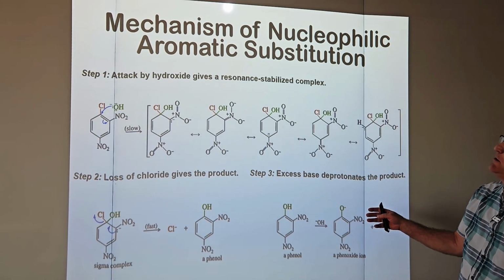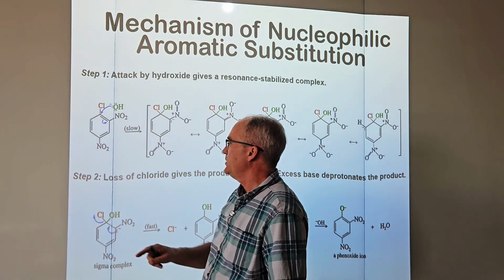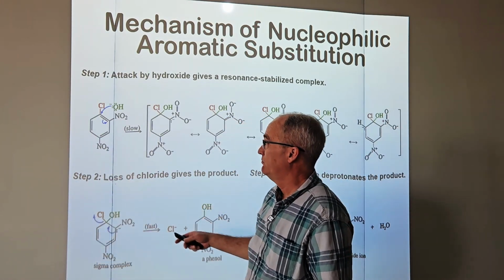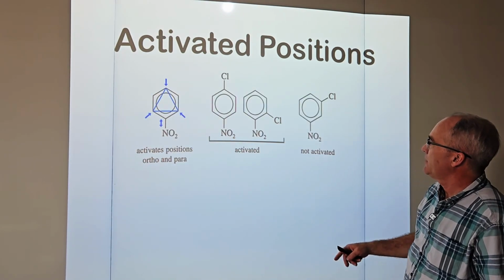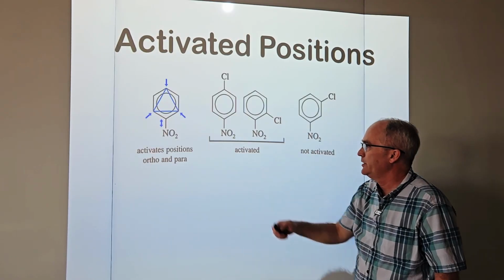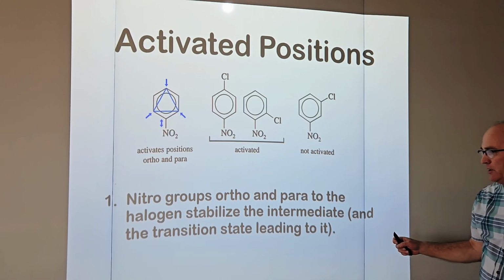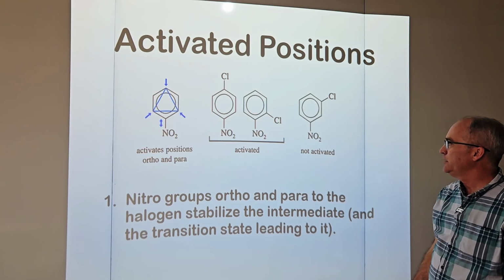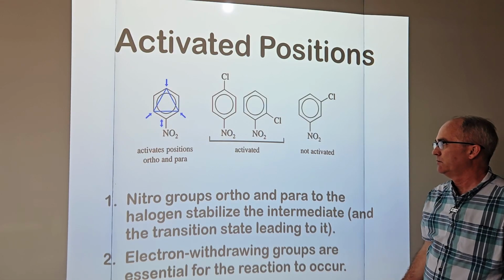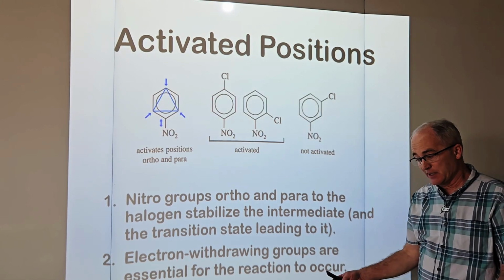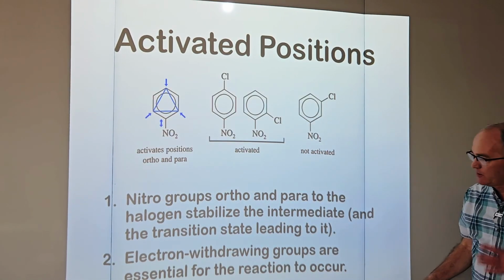So normally when you see nucleophilic aromatic substitution, you have a good leaving group, and then you have these electron withdrawing groups, and we see these activated positions if we have like a good leaving group there. Chlorine. Nitro groups, ortho and para to the halogens, stabilize the intermediate and the transition state leading to it. Electron withdrawing groups are essential for the reaction to occur. So if you see a hydroxide and some nitro group and a halogen on a ring, that's probably the setup